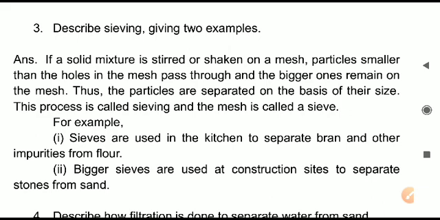moves downwards. Second point now: not only in the kitchen, at construction sites where buildings are constructed, there also it is done. Let us read the second point. Bigger sieves are used at construction sites to separate stone from sand. Out of the sand, stones can be separated by this method. Stones will remain upwards on the mesh, on the sieve, and sand will fall down using this method of